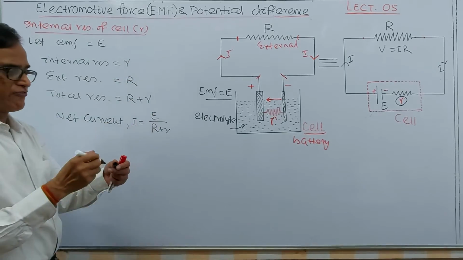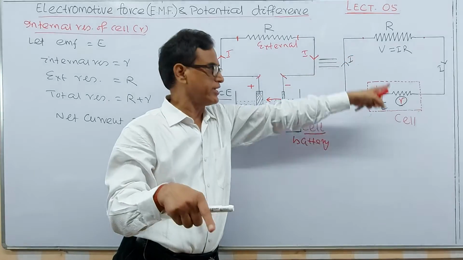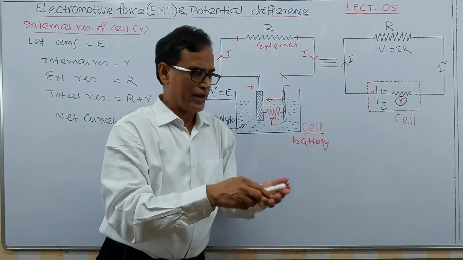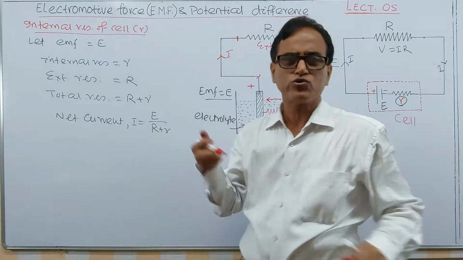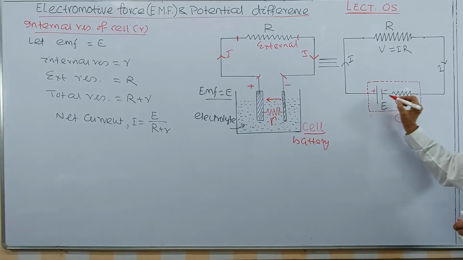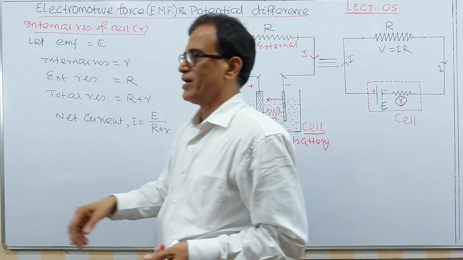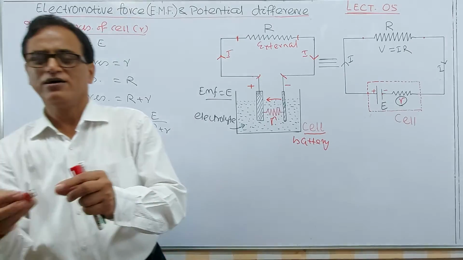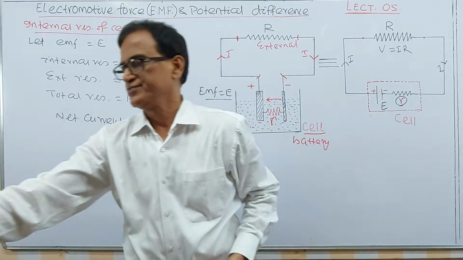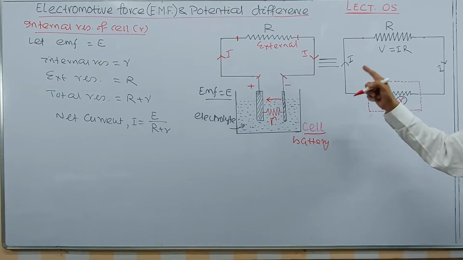It is total effect. The EMF that is applied comes first. EMF applied we can say. And this is a battery, and remember, some students later on forget what terminal potential difference is. So here this is the terminal of the battery. Terminal means the end point of this battery. So here we can say now net current is E by (R plus r).